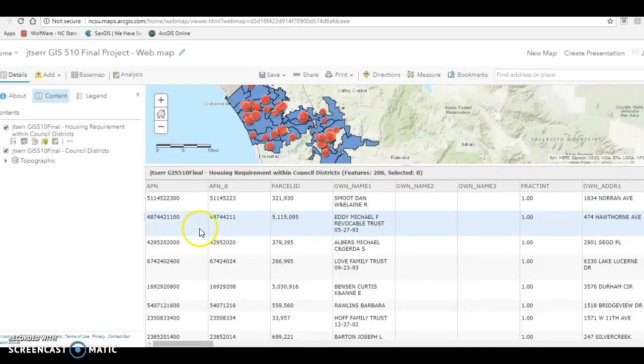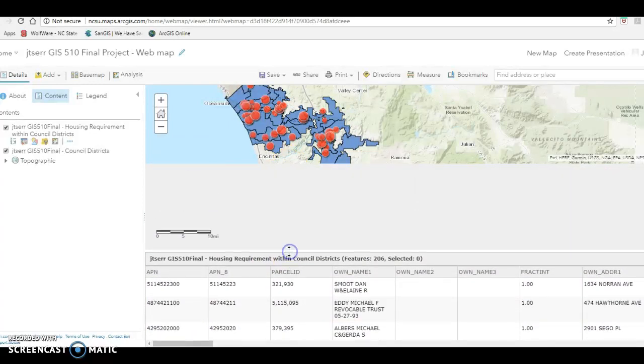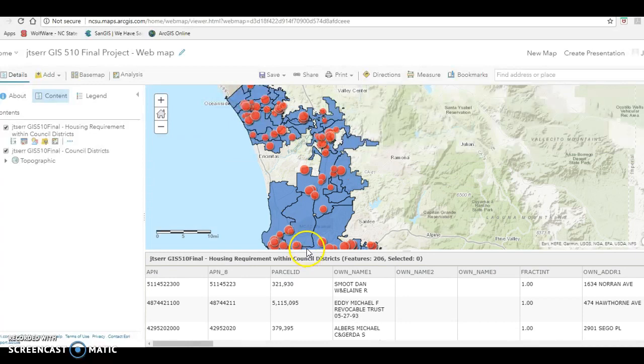As you can see, I have the attribute table open and the data that was needed. It was originally over 1 million parcels, down to 206 that met the specific requirements for analysis question 1. Let's pull this down a little bit,